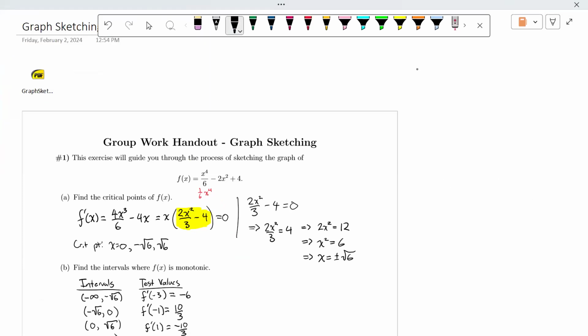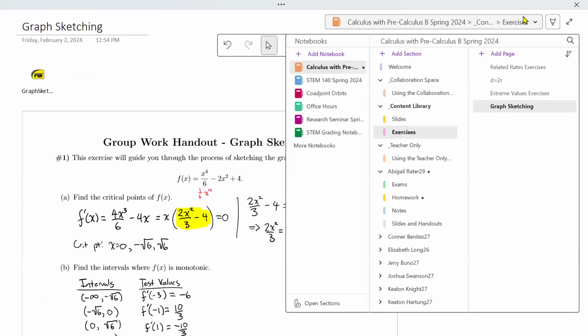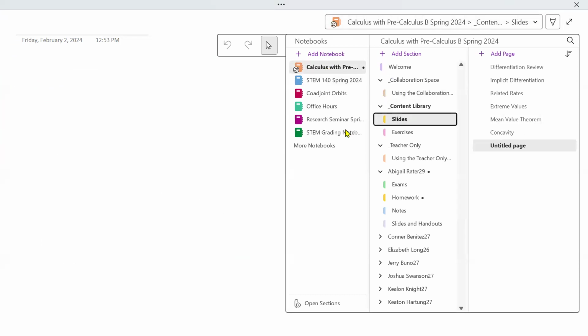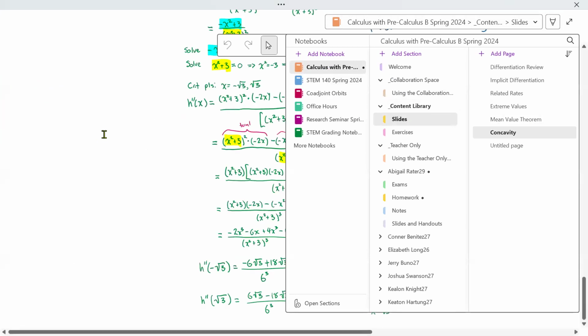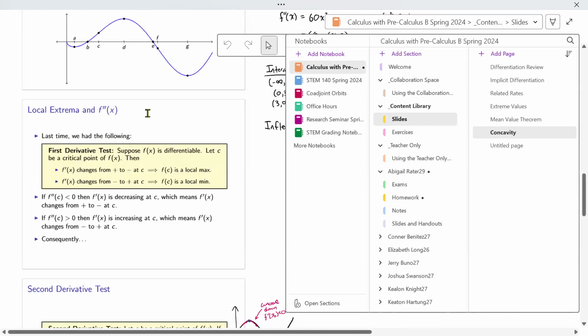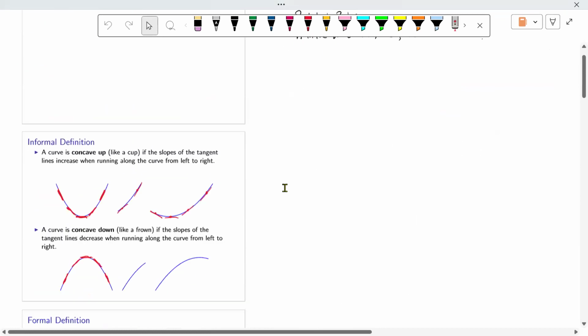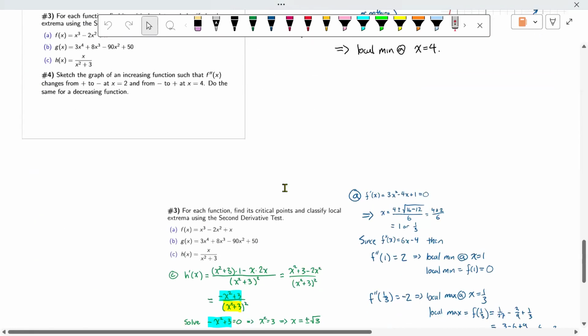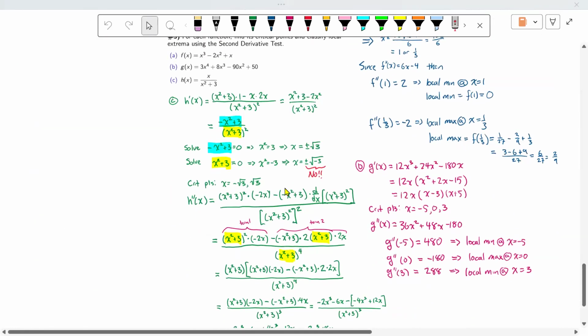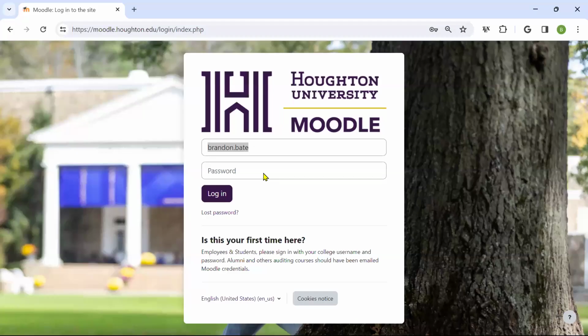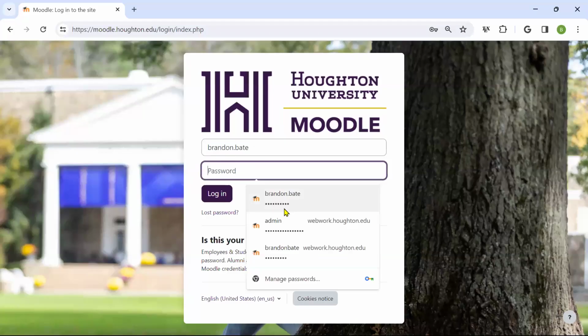You don't need to use it, but everything that's in the class is in this notebook that I'll share with you. I have all the content, like various problems we worked on in class, along with information. And if you go to Moodle and log into our site,